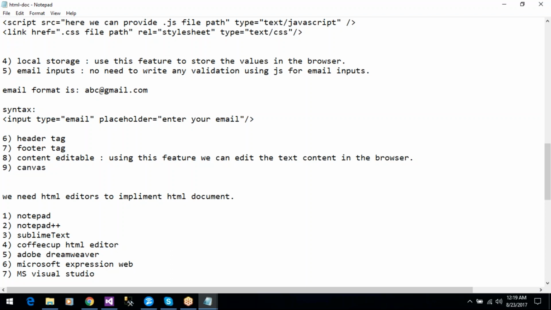In older versions of HTML we can't edit the text content in the browser, but in HTML5